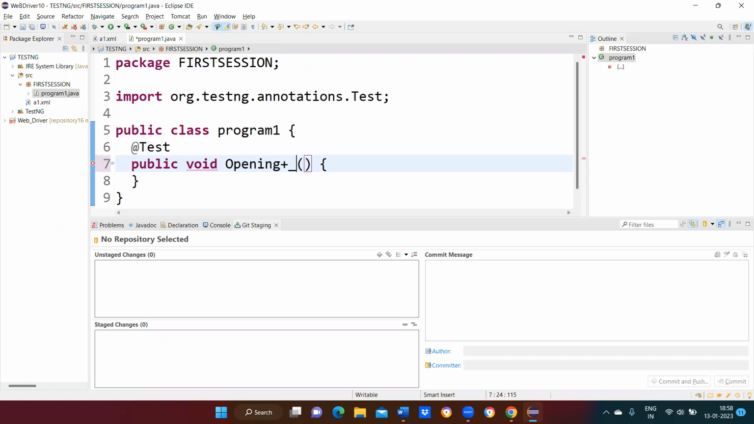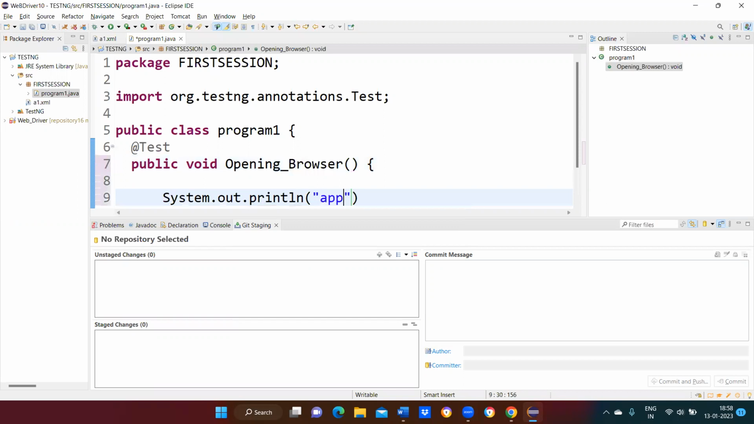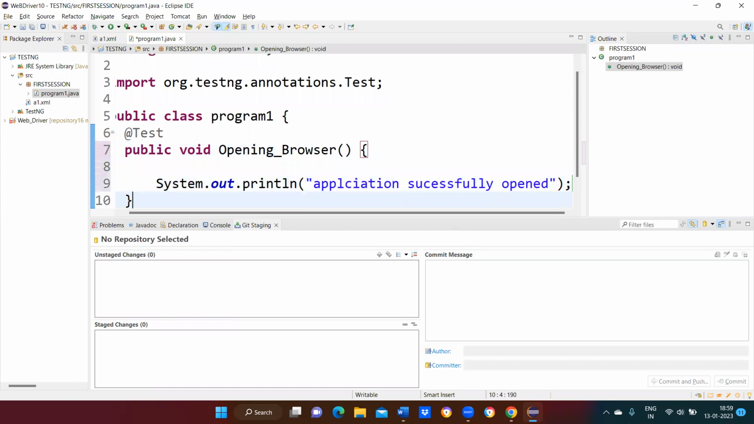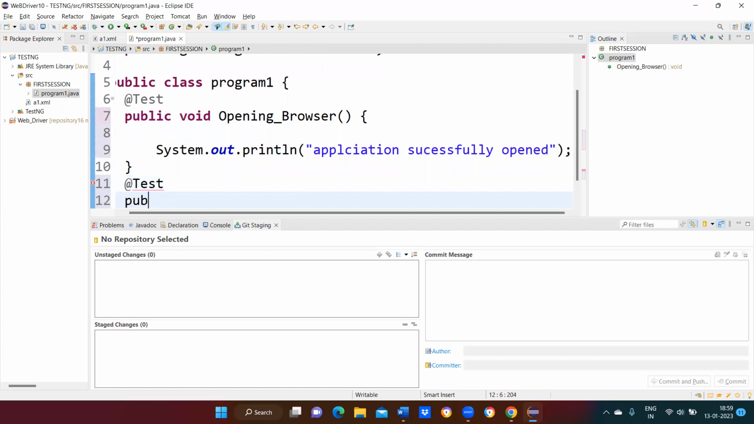We can create our own method, opening browser. I'm giving a dummy application. System.out.println application successfully opened. Now after that, @Test. Every method has to start with @Test only. So public void